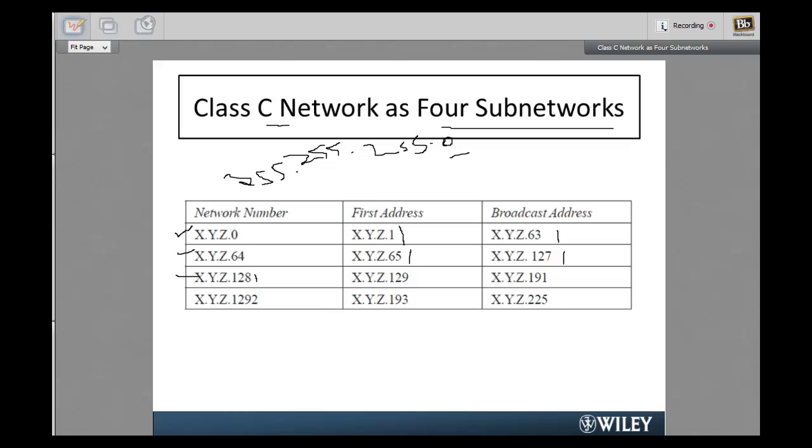So the hosts lie in the last octet. That's why, and we want to divide the network of class C into 4 networks. So what we do actually,